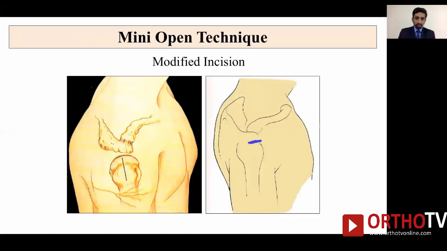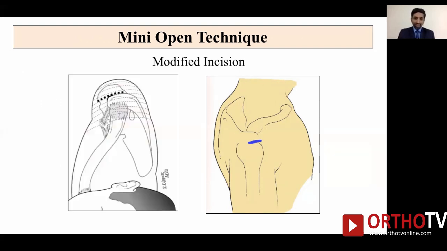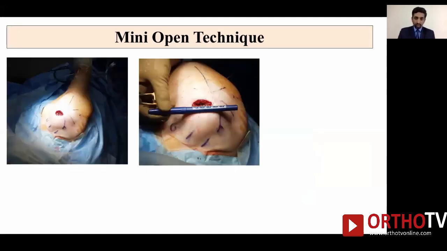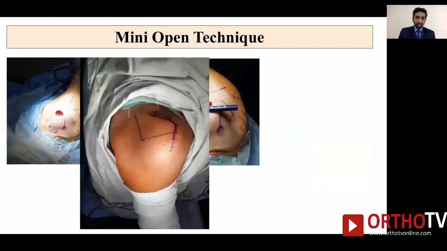The technique described earlier used a mid-acromial incision, but there the superior extension is really limiting, and that incision is no longer used. What is used nowadays is a horizontal incision centered over the anterior margin of the acromion, along Langer's line, which gives a better scar post-operatively. This is an example of that horizontal scar. However, what I use is a vertical incision along the anterior margin of the acromion, because I can extend it proximally and distally if required.